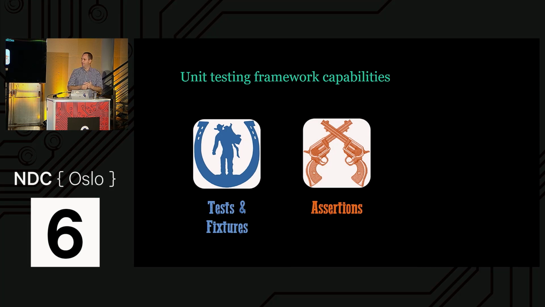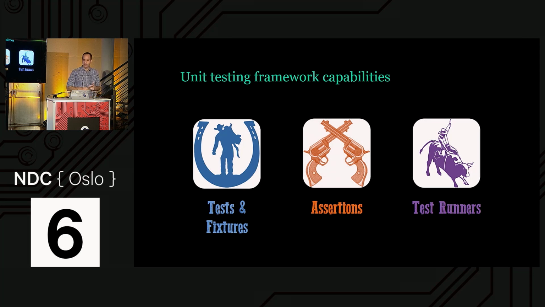And another thing I need from my unit testing framework is assertions, the ability to check whether or not something that I did just worked or didn't work. And lastly, some way to run the tests. Especially in C++, I want to run all of the tests I've just created automatically. I don't want to create a console application in Windows and then write all the test names in order to run them. I want it to run my tests.